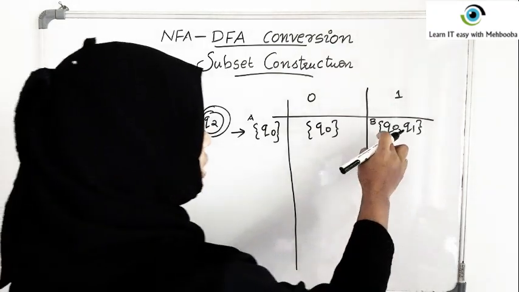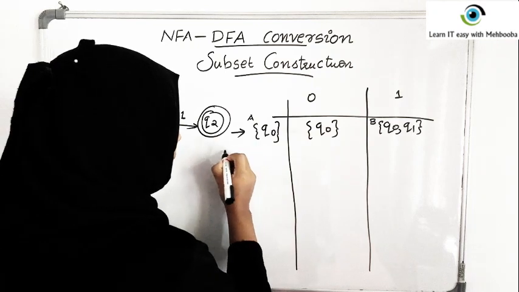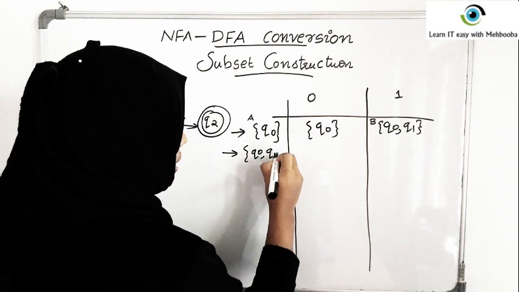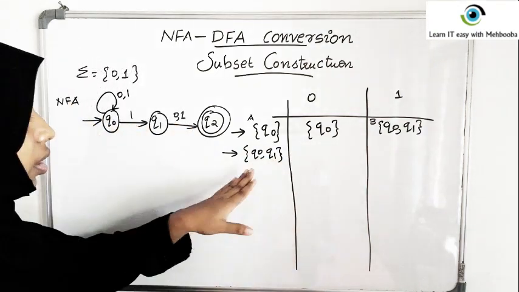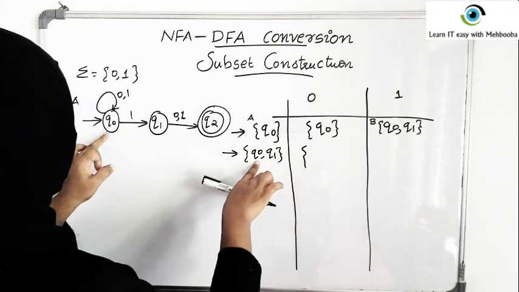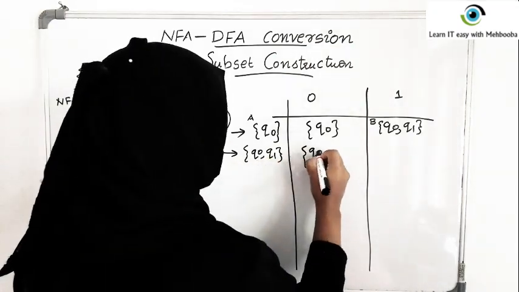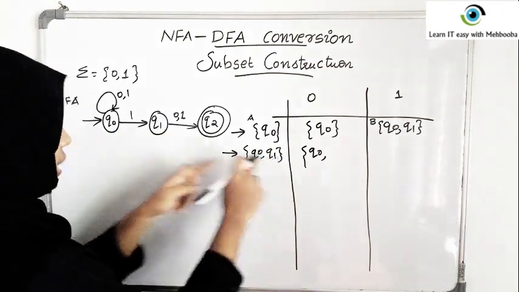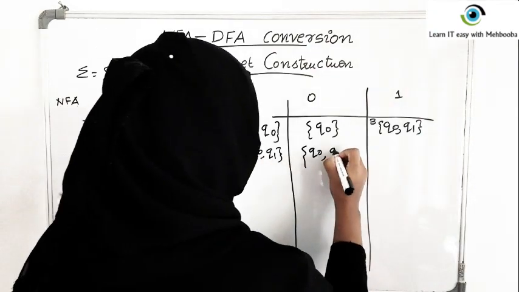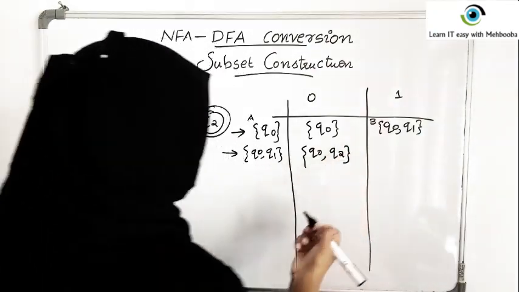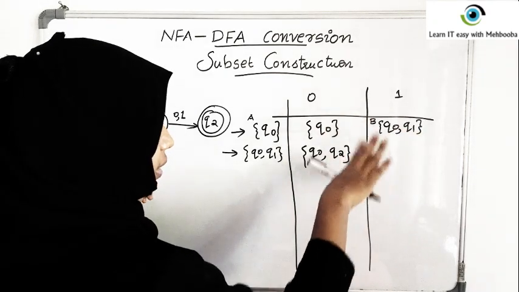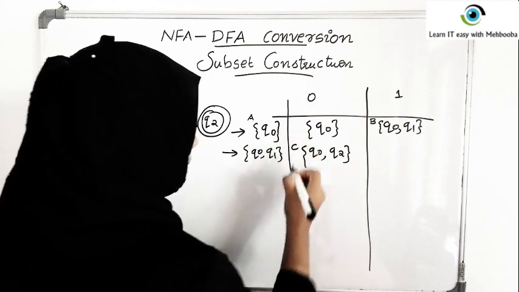Okay. So this is a new set Q0, Q1 that we haven't seen. So we will take that. This is how the algorithm goes. Now we will take Q0. When you apply 0 to Q0, you get Q0. Now next is Q1. When you apply 0 to Q1, you get Q2, isn't it? Okay. Now Q0, Q2 is again a new set which is not there in this table before, isn't it? So I am giving it the name C.